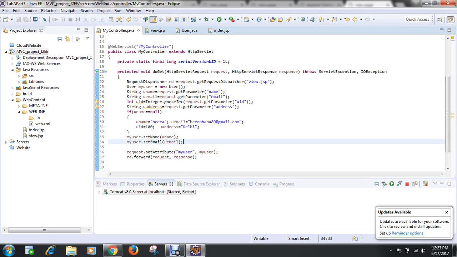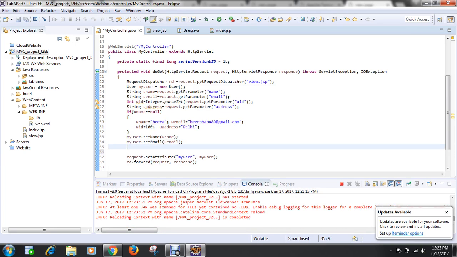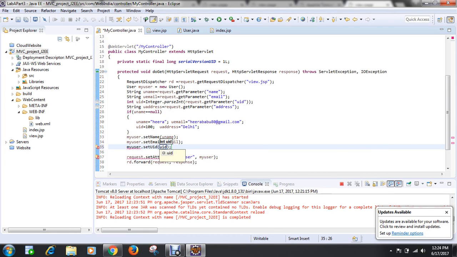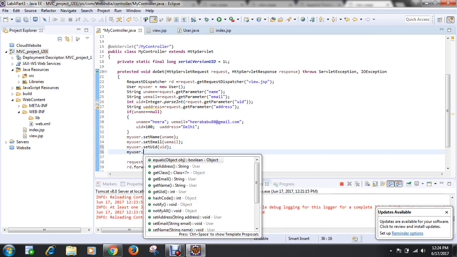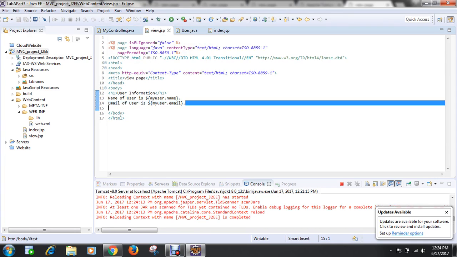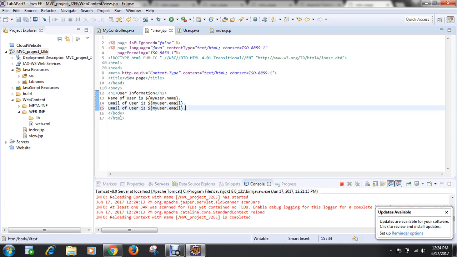You can get similarly my user dot set, at the my user dot set address, UAddress. Similarly you can get from here email, address and UID. User ID is